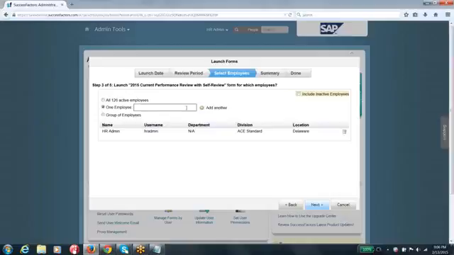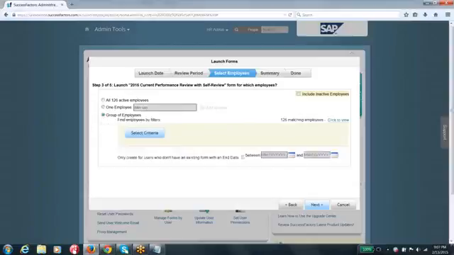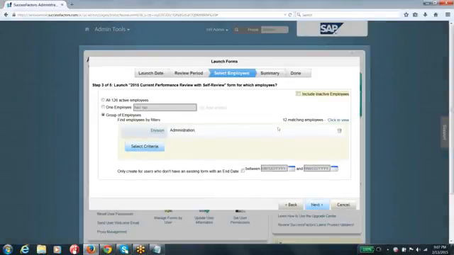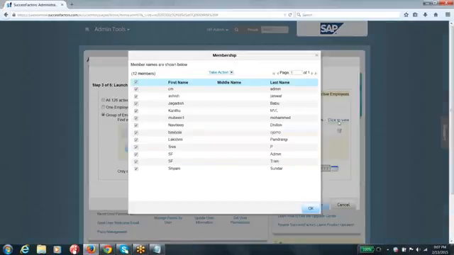Let's say you want to add one more. Like that you can keep on adding. Say I don't want to do that. I want to launch it to a group of employees based on certain criteria. You can see this is the criteria that is allowed. Let's say I want to launch it based on division. I can go ahead and select the division, to which division I want to launch. If it's administration, I can select administration. Come down, and there are 12 matching employees here. Who are they? Click to view. These are the employees who are matching my criteria.